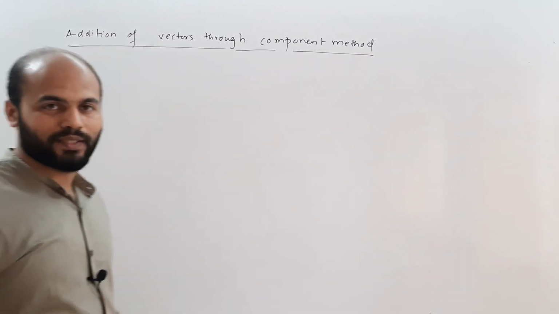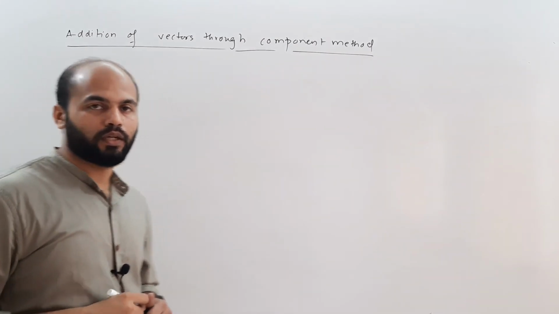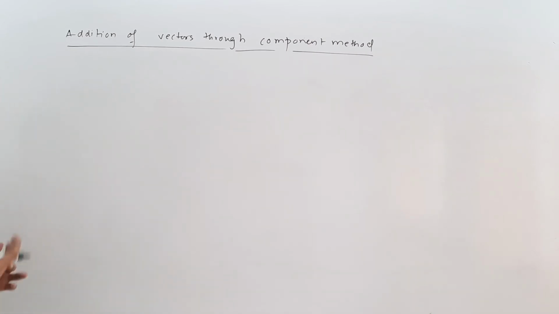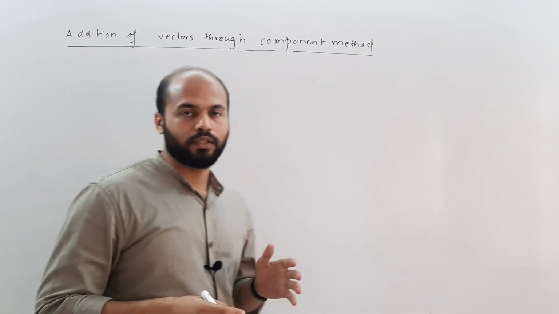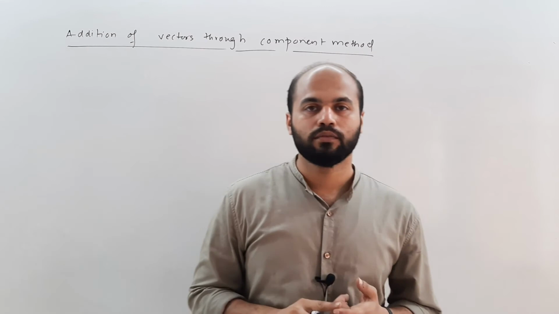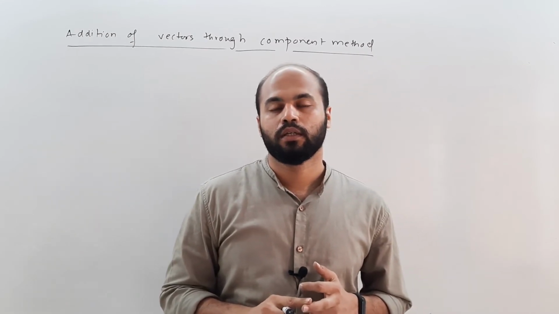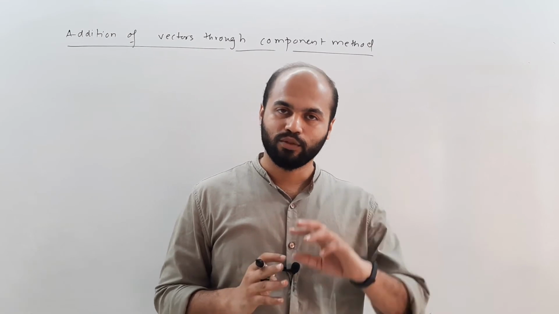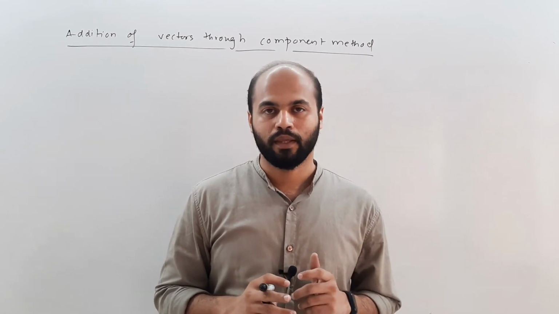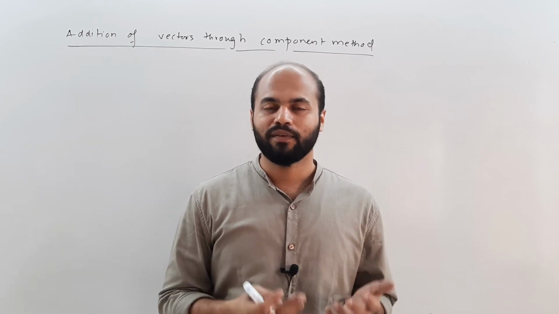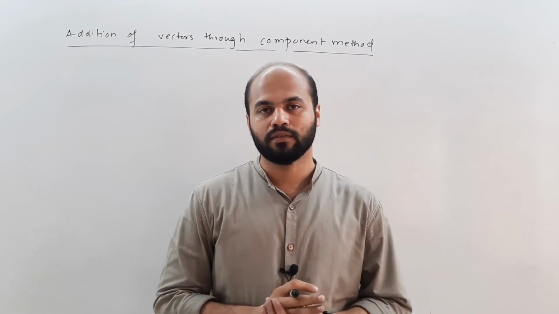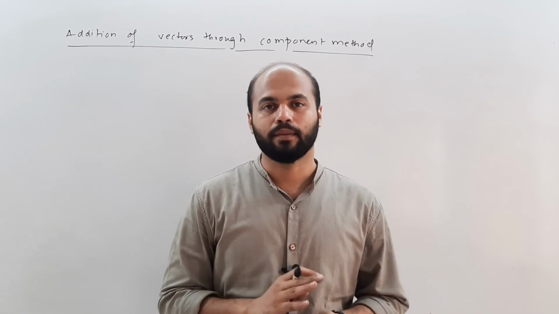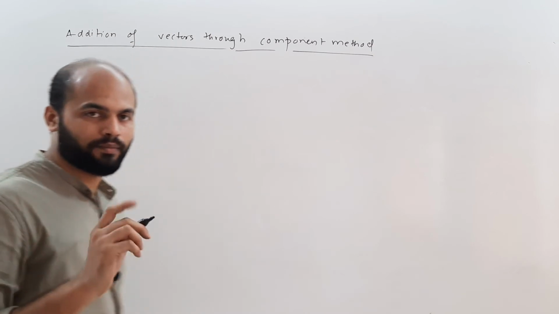Let's go to the next concept now. In this particular concept, we are going to learn a different method for addition. So till now, we have learned the triangle law and parallelogram law. But the trick over here is, whenever we were adding, it was just two vectors that we were adding. What if there are 3 vectors, 4 vectors or 5 vectors in a plane and we have to add them? Let us take an example and see what I am trying to say.